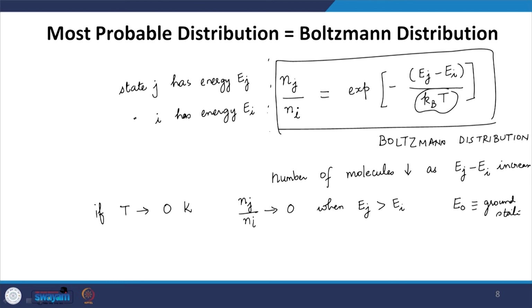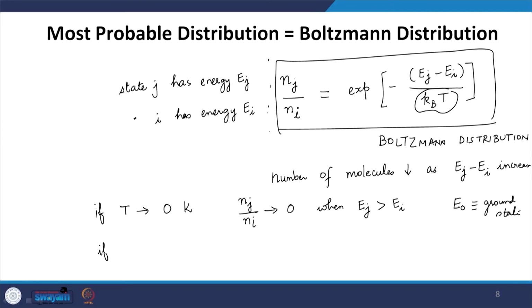That means, as soon as the molecules want to go to a higher energy state, you have very less likelihood of that to happen, because the temperature is very, very small, and this is what we call a condition for zero entropy. That is how we define the third law of thermodynamics, that at 0 Kelvin we should have zero entropy, and that basically corresponds to the condition that all the molecules are in a ground state.